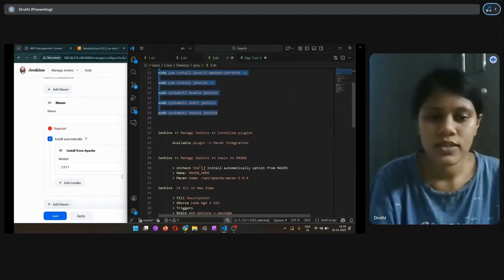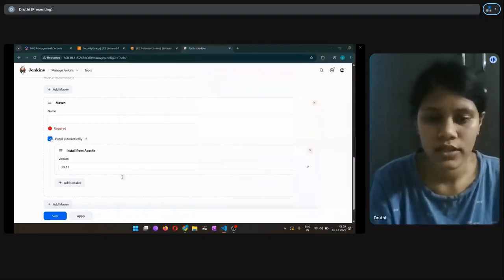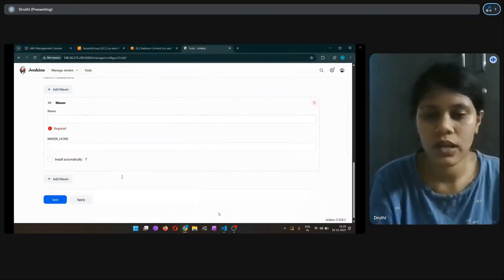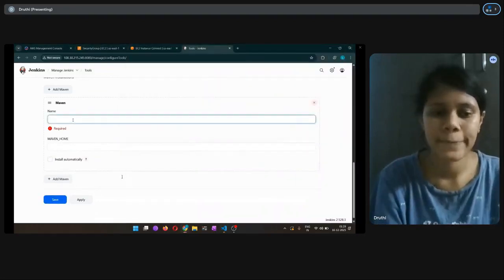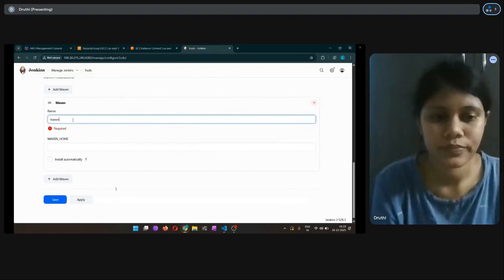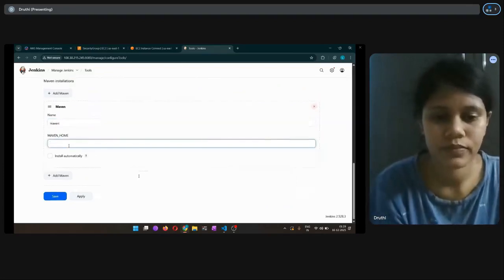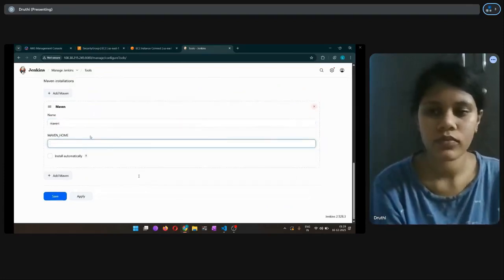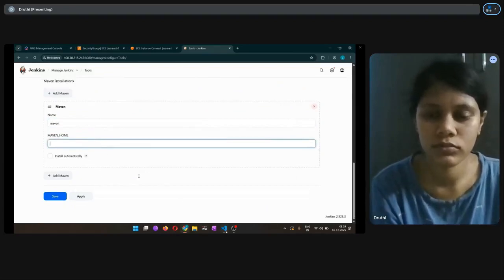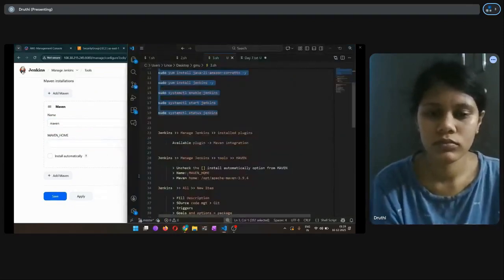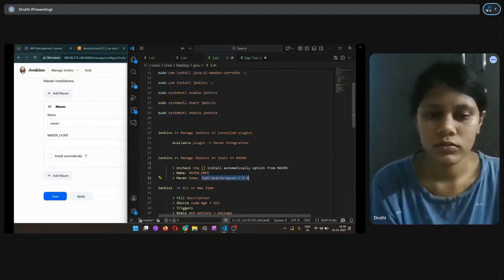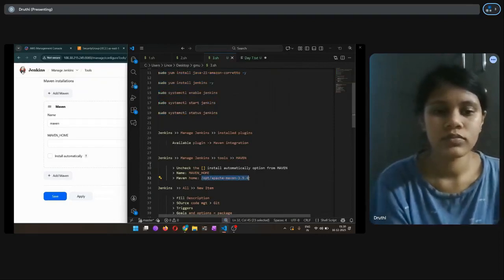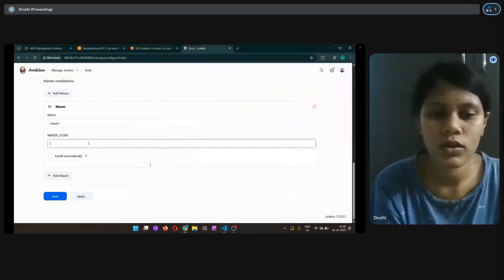So apply it and save the details, and then go to Jenkins. First we are applying it, and create a new item. You can see in the video.